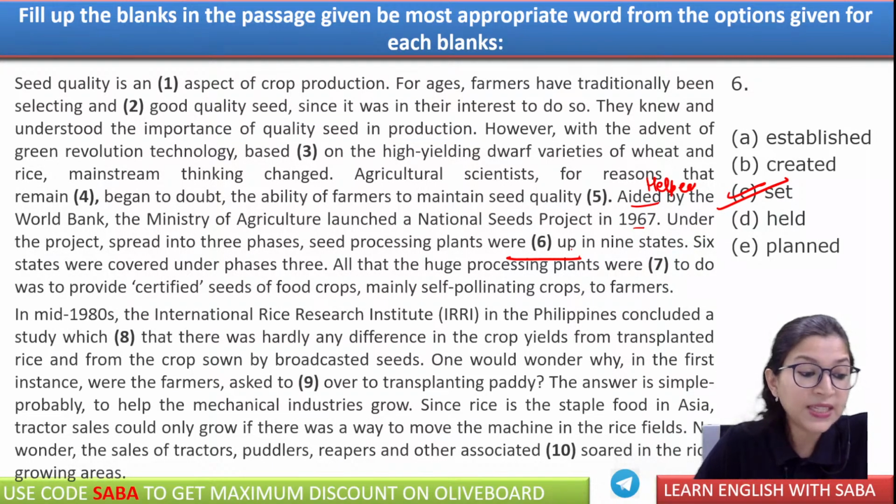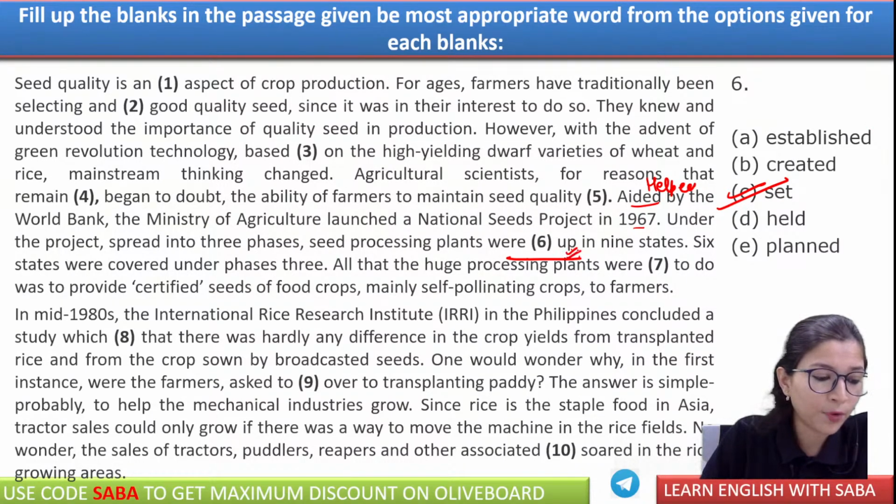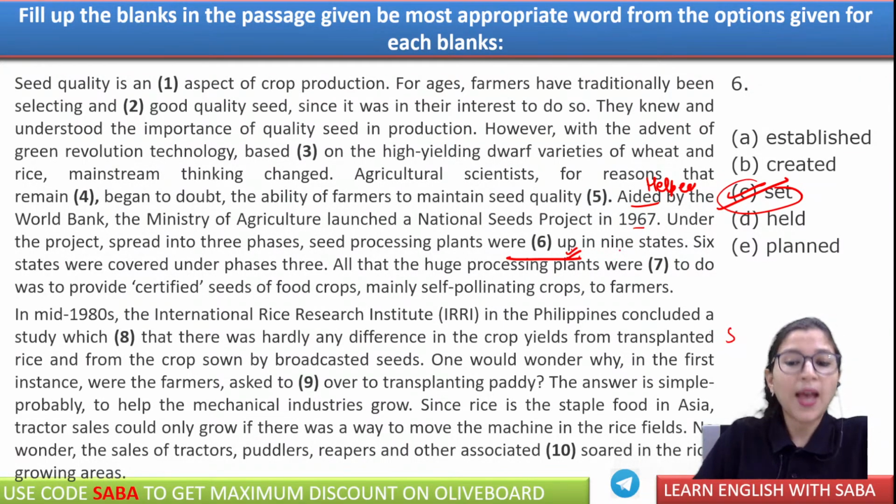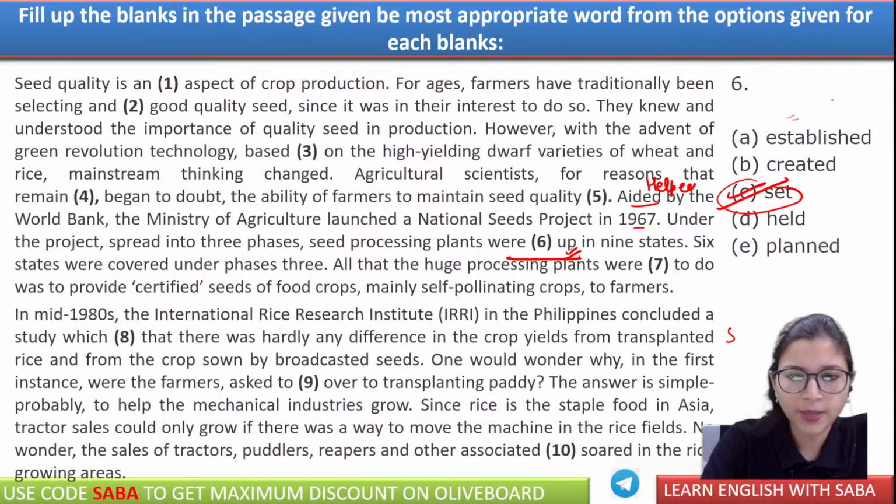Okay. Established we can't use because up is already given. You have to focus on this up. So since up is already given, it will be set up. Set up means established. If up was not there, we could have used established. Good. Next,